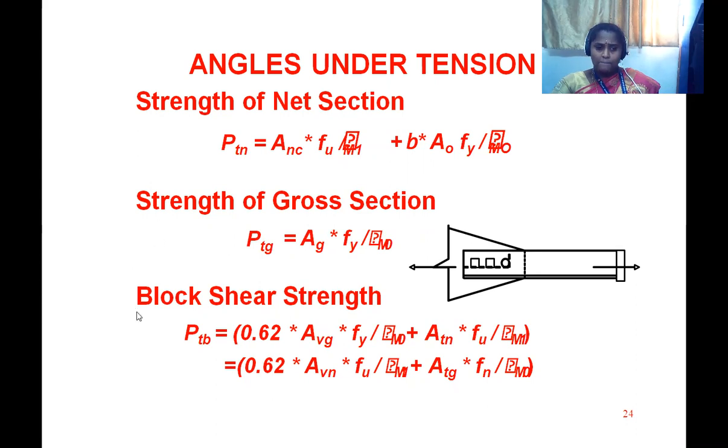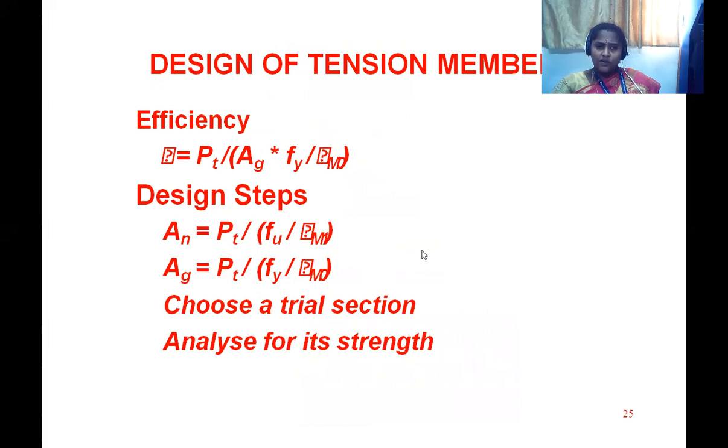And then coming to the block shear. The formulas are there, and moreover, all the formulas are available in the code book. What is the standard code to be followed for design of steel structures? It is IS 800 2007. Keep 2007 in mind because that is the revised latest edition which is to be followed. Earlier it was IS 800 1984 and the recent edition is IS 800 2007. There is a drastic and major difference between the codes. The design methodology has been changed between the codes.